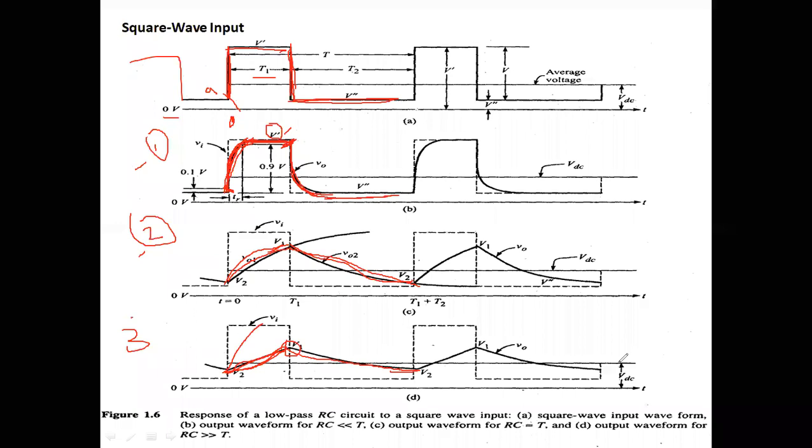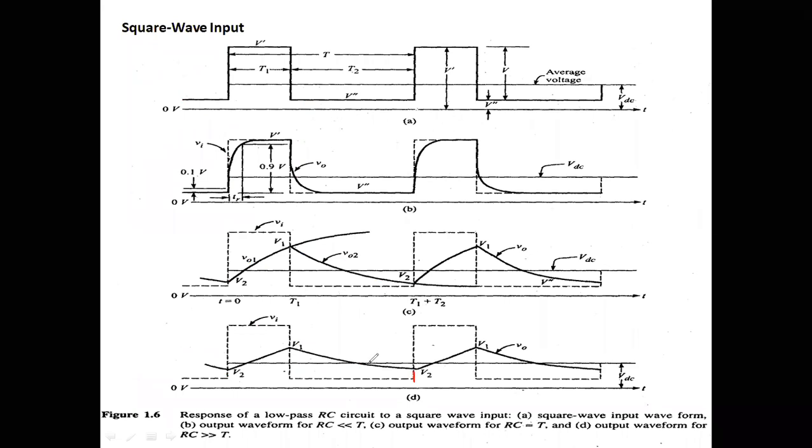If you see, I will remove my drawing. If you see here in the third waveform, there is a small gap here. Therefore, the waveform won't reach V dash. This is V dash. Okay. Therefore, it won't reach V dash. It may stop at a certain level. Okay, it may be taken as some V2. Here also, it is taken as V2.